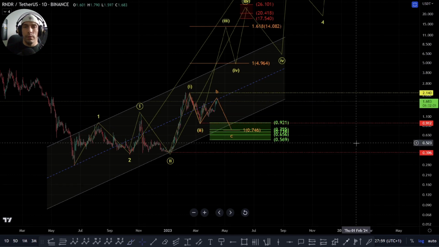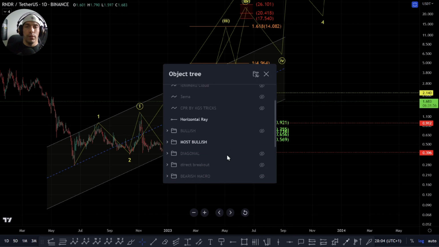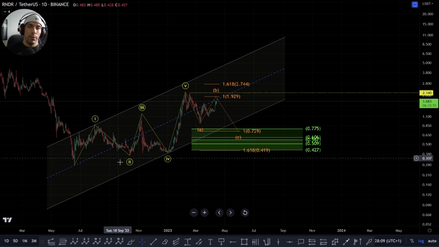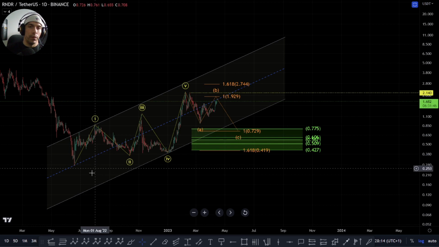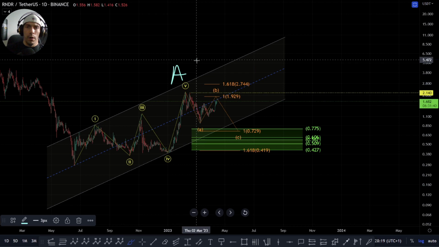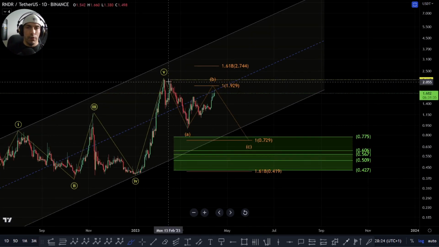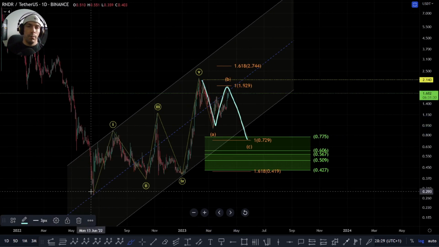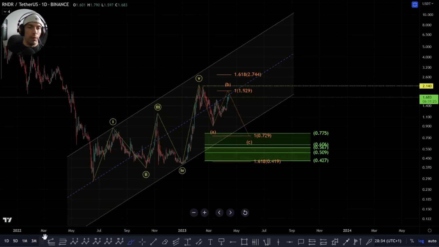So the alternative way of looking at this, we can see here this would be a series of 1s and 2s. So we'd want to see this start to move. The alternative way that we can look at this is that potentially, instead of looking at it in that manner, we could look at this as an expanding diagonal within this, and this would potentially make this an A wave or a wave 1. So if this is the case, what we could then be looking for is still that same potential of coming down deeper here, where this becomes ABC, except this would then become a wave 1, this would become a wave 2, and then basically what we'd be looking for is